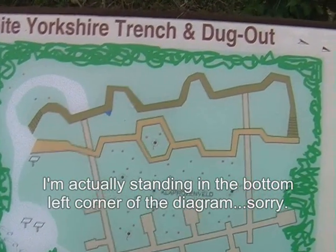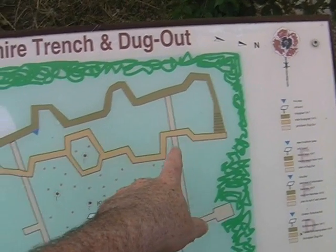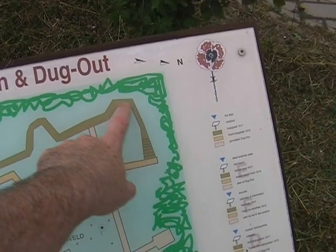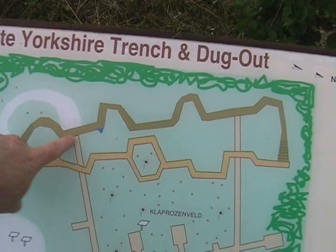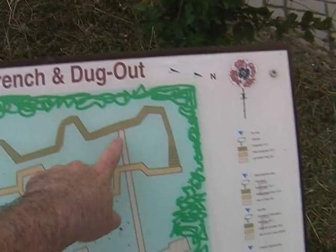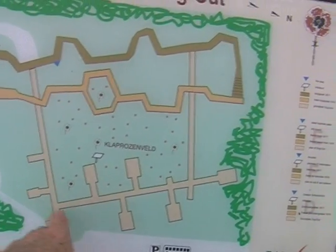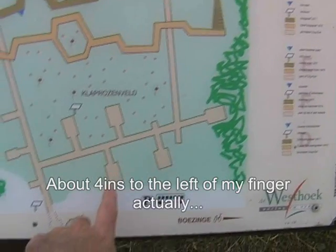Looking at the trench system itself, this bit here is a 1915 trench line, which doesn't exist at the moment. This is the trench line that does exist, and then the light shaded area here, two walkways that lead into the underground dugout. So I'm standing about here,